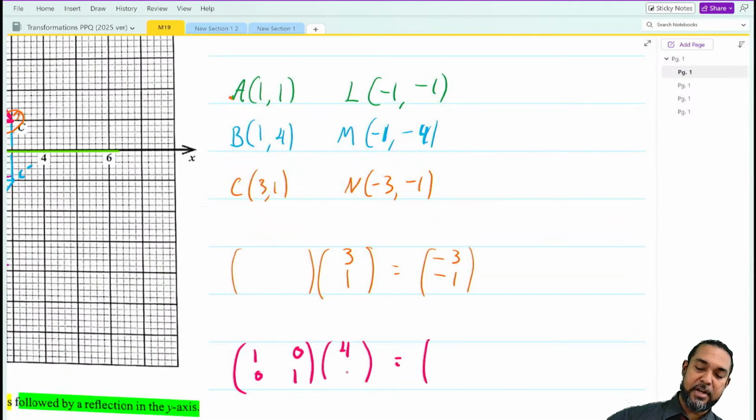Let's say we had 4 and 5 here. You guys remember how to multiply matrices? Row by column. So if you multiply the top row by this column here, you multiply corresponding elements. That means you're multiplying the 1 by the 4 and the 0 by the 5. Right? So we have 1 by 4 plus 0 by 5. And then you multiply your second row by the same column, multiplying the first element in the row by the first element in the column, and then the second element in the row by the second element in the column.